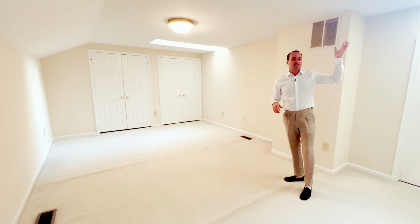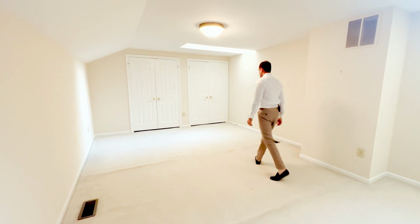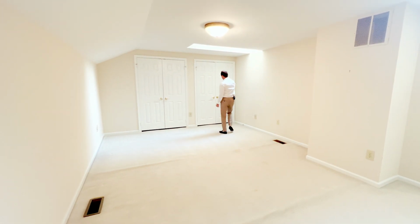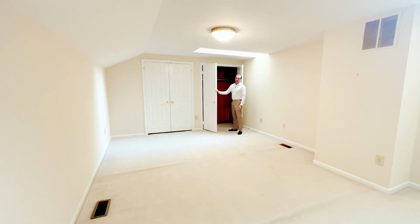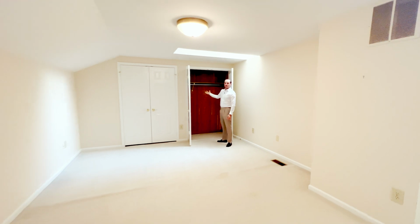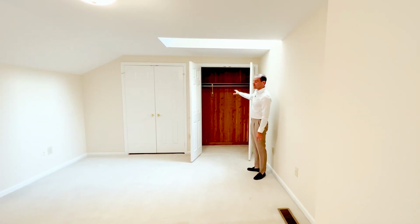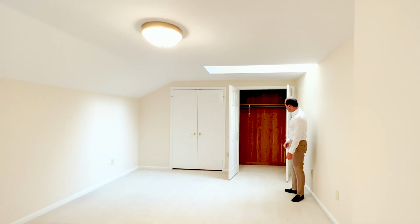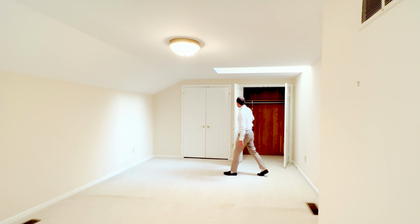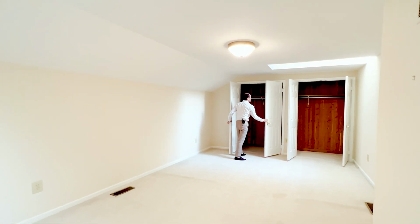You have two skylights here. We have attic access should you want additional storage. And then in addition, we have closets, a cedar closet, which is a great thing to have when storing clothes here in humid Washington, D.C. It just keeps your clothes a lot fresher as they weather the summer before we get out into the winter. And that closet continues all the way to this side as well. So it really has a ton of space